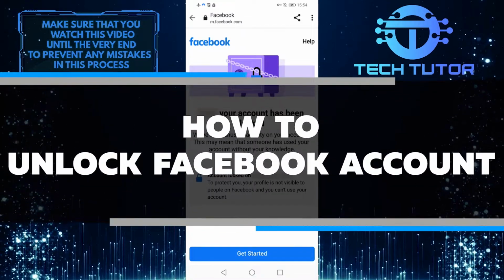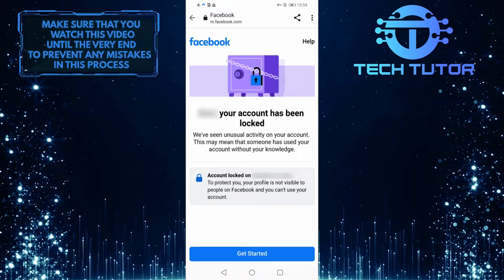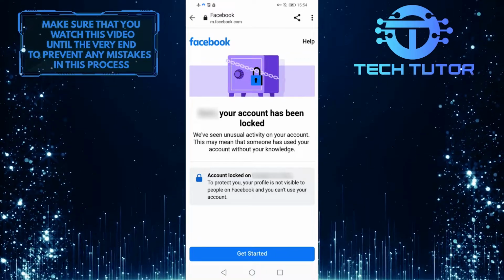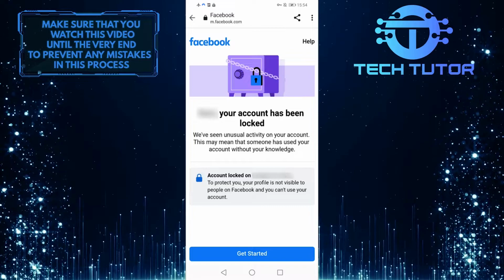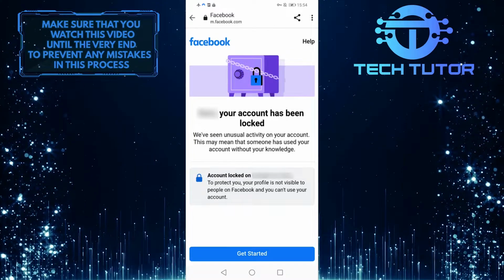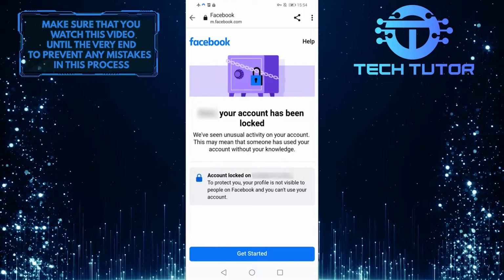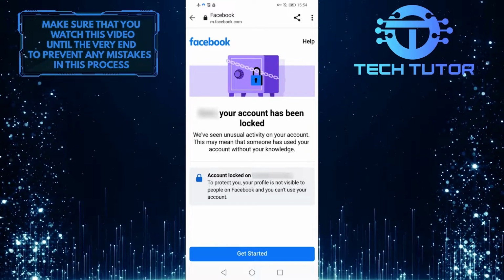Today I'm going to be teaching you how to unlock your Facebook account. Whenever your Facebook account has been locked and you're seeing this, or you can't just log in, it's most likely due to just a few issues. Perhaps there may have been some unusual activity on your account, perhaps you're just logging in through an unidentified device, or you've been simply attempting to log in and you somehow keep getting the password wrong. So now it's getting locked for your personal security, so whatever the cause is, I'll show you how to fix